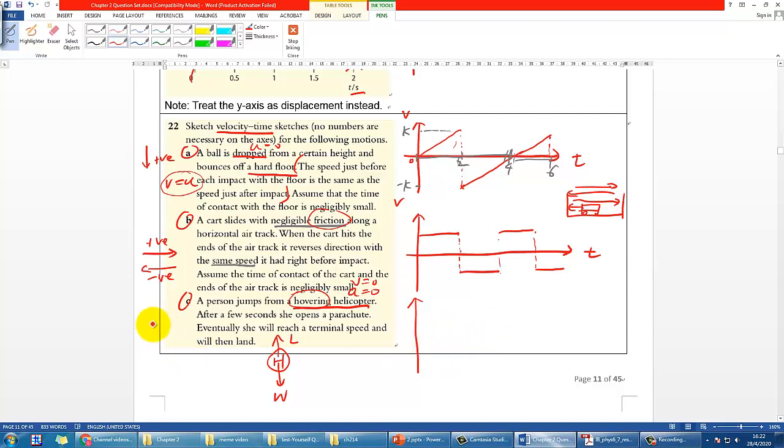Okay, so let's say going down is positive, so we could have, it's always going down, so let me just utilize the line here. Okay, it's very strict. And so we start with 0 because she jumped off from the helicopter, and then it starts to accelerate with a certain acceleration which should be very close to 9.81. And when the speed is small, the air resistance should be quite small. But since velocity starts to pick up,